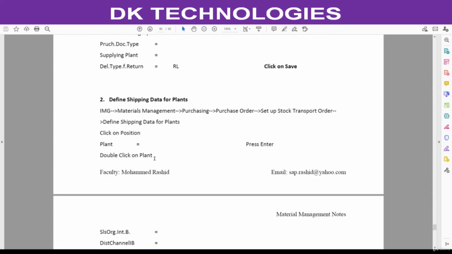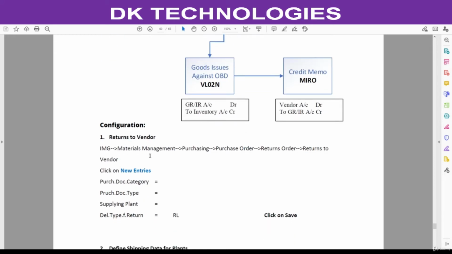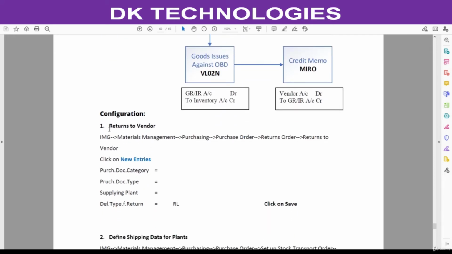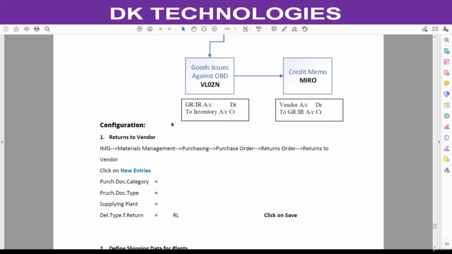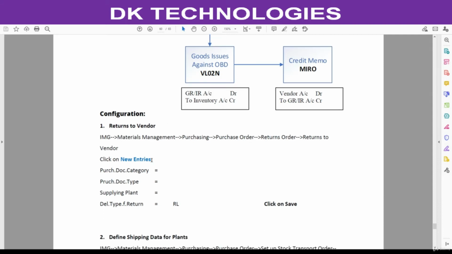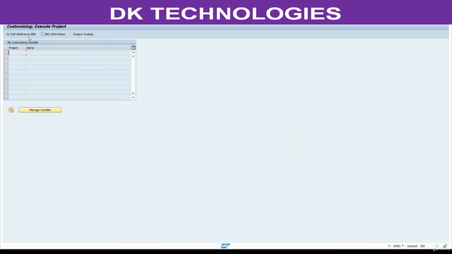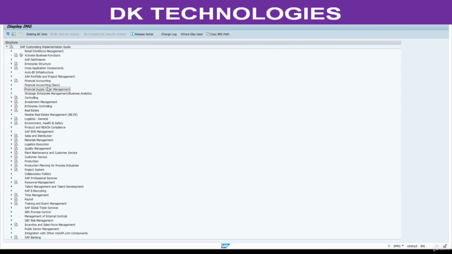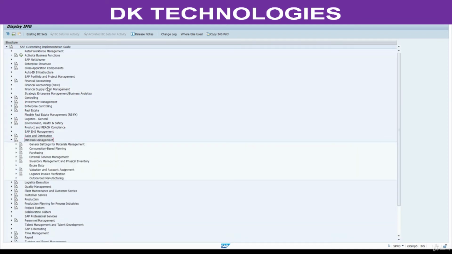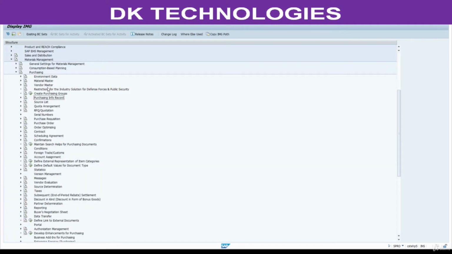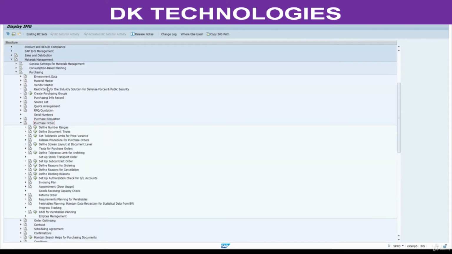In this session, we are going to complete the configuration required for this business process flow. Go to this path and complete this. Go to SPRO, Material Management, Purchasing, Purchase Order.